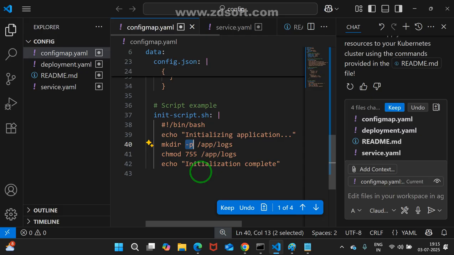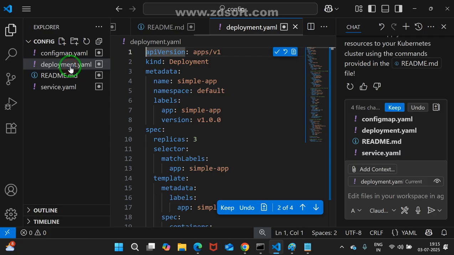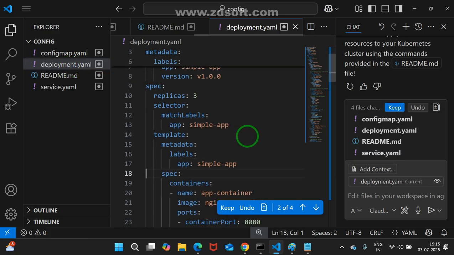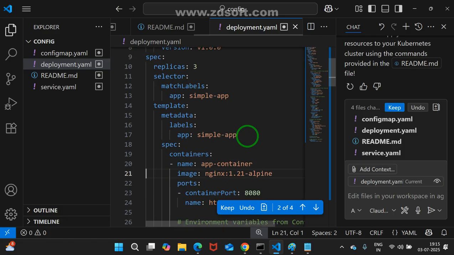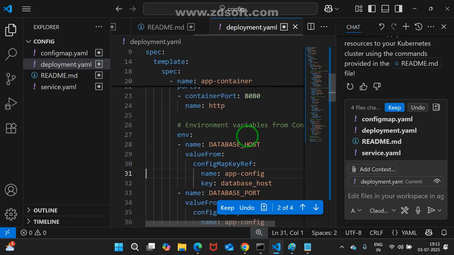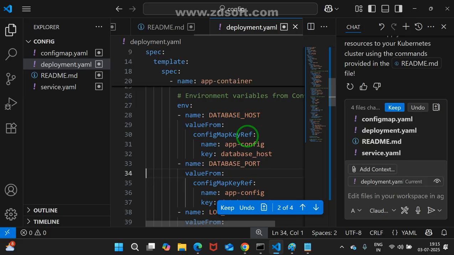Just a config map you have seen. In the deployment object, try to understand. Now you need to know a little bit of extra thing. Somewhere you check it, somewhere config map key ref. Have you seen it anywhere here? Line number 13. Yes, sir. See, in the environment section, I said hyphen name. What is the name you want to use? Hey, database host.